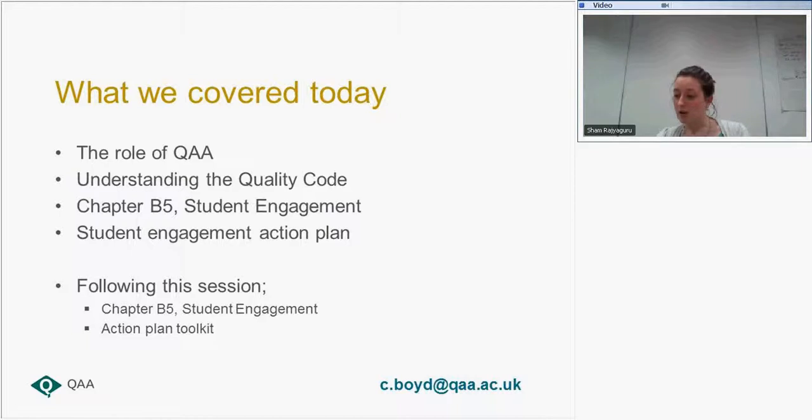I think that was helpful. I'm aware that it was very brief. Just to add, we are going to be running some days with TSEP looking at Chapter B5 altogether, breaking down these indicators and looking at how it can involve enhancement activity and how we could work more. If you get in contact with me, my email address is at the bottom, feel free to harass me with questions or opinions because I love to hear them.